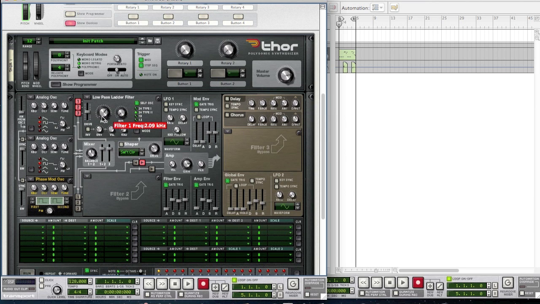For the low pass ladder filter, you want to bring the frequency all the way up and bring the envelope amount to 94. Bring the resonance up to 24, and you also want to change it to the 18 type mode. You also want to enable the shaper, leave it as soft clip, and bring the drive a tiny bit